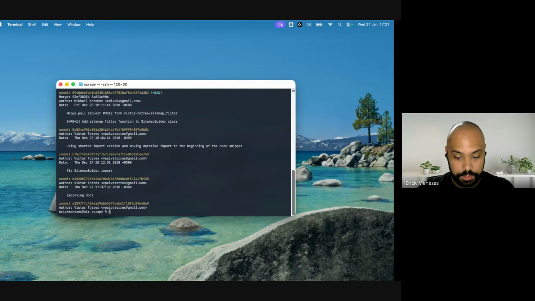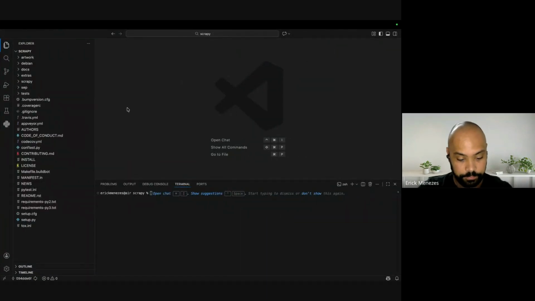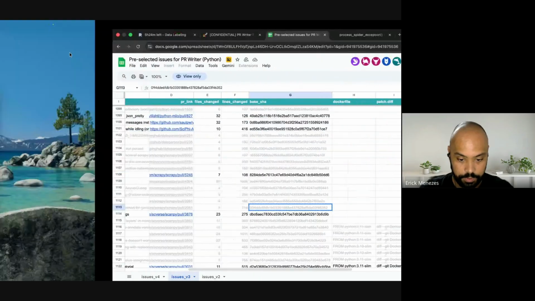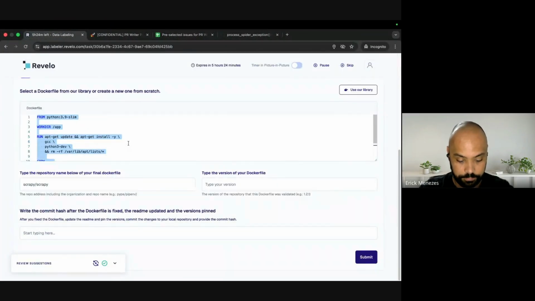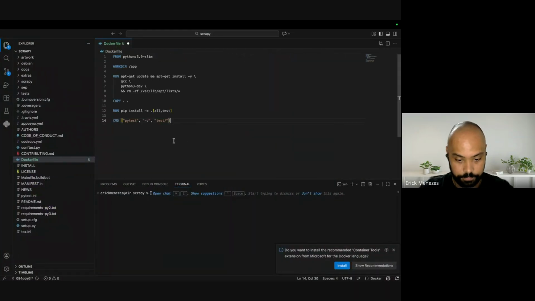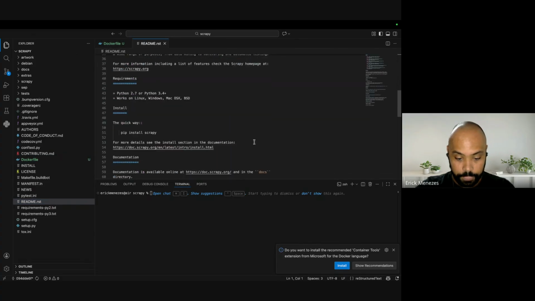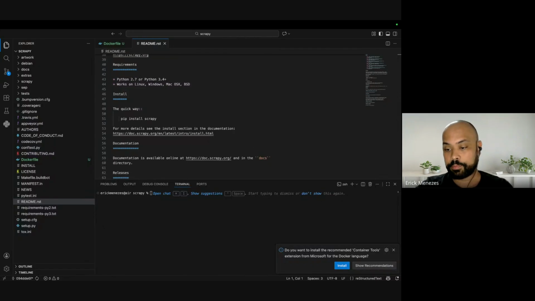Now we're going to go to VS Code. As I said, we are going to create the Docker file. I'll get what I put here on the platform. One important thing to do here is to guarantee that this project has a README that tells us the requirements, how to install the dependencies, and how to run the tests.